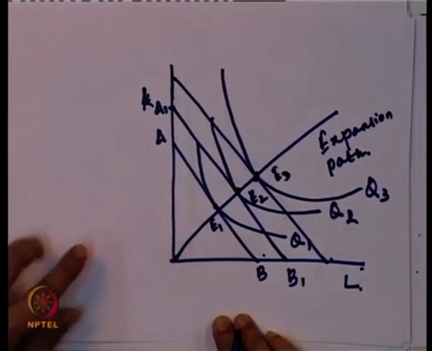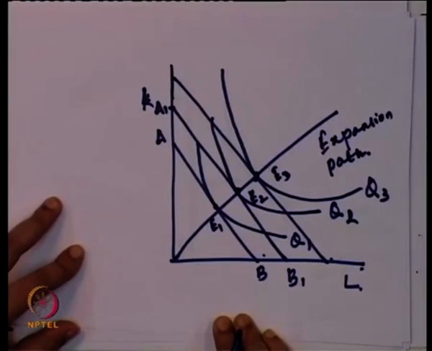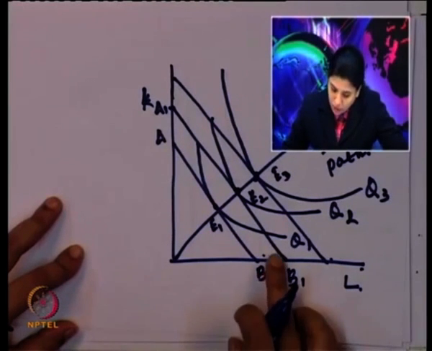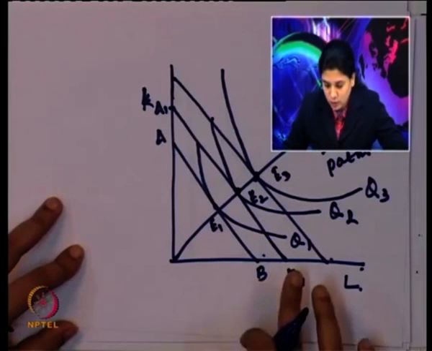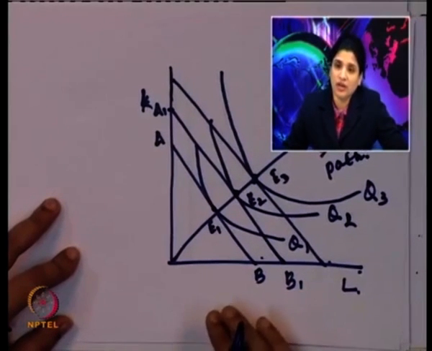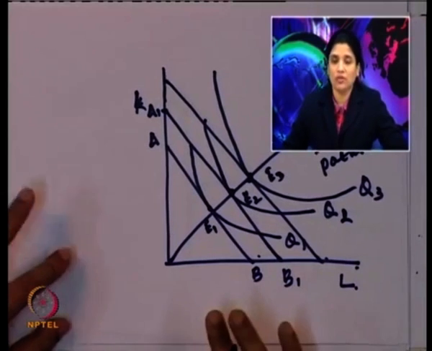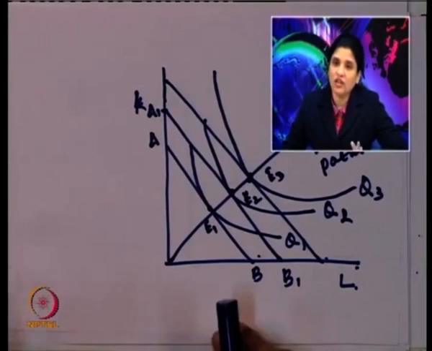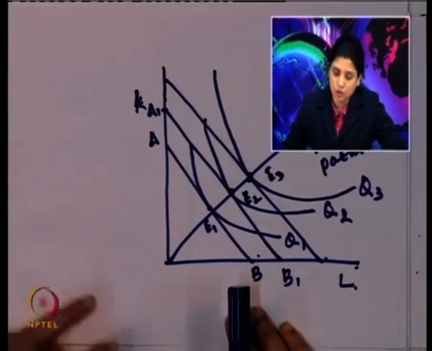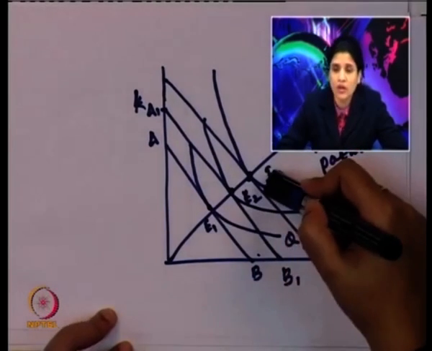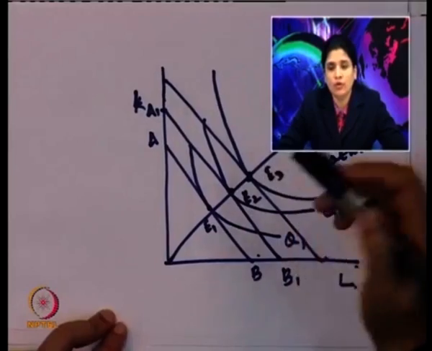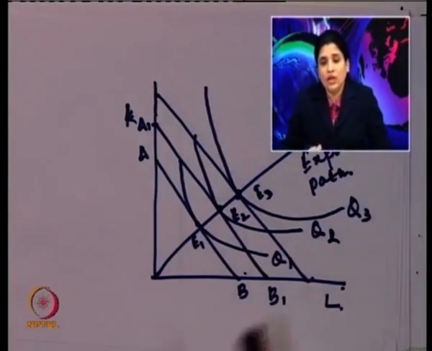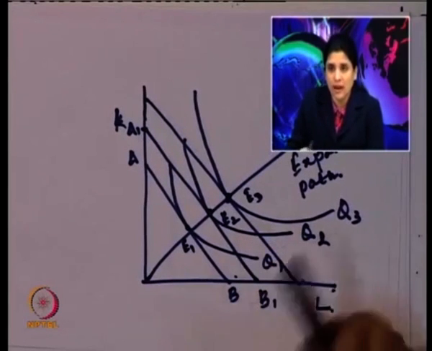So, Q1, Q2, Q3 are different levels of isoquant, and in order to produce these Q1, Q2, Q3, the producer has to take the help of different isocosts, whatever the budget constant given by the firm. Identifying the isocost and the corresponding isoquant, we have 3 different levels of the optimal combination of input, or we can call it the producer equilibrium point. Joining these 3 points gives us the expansion path.